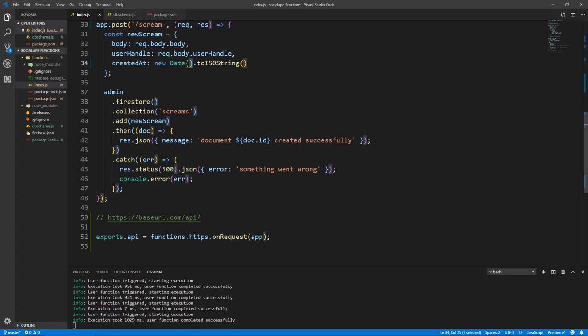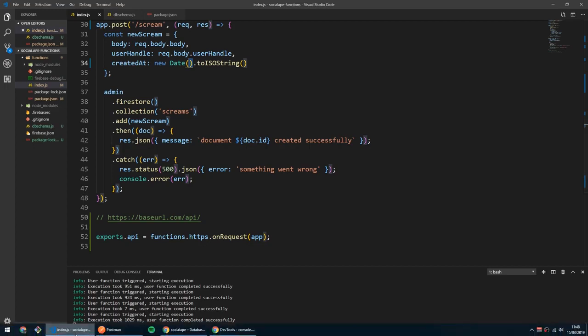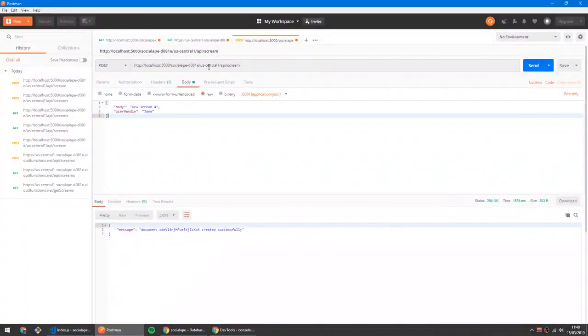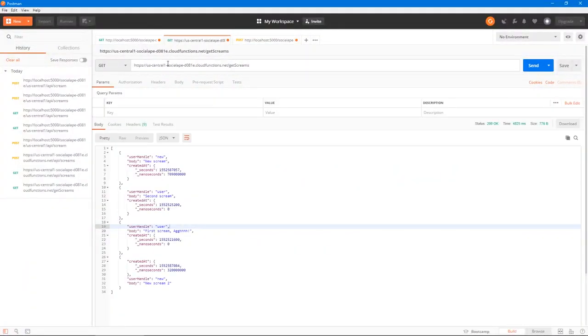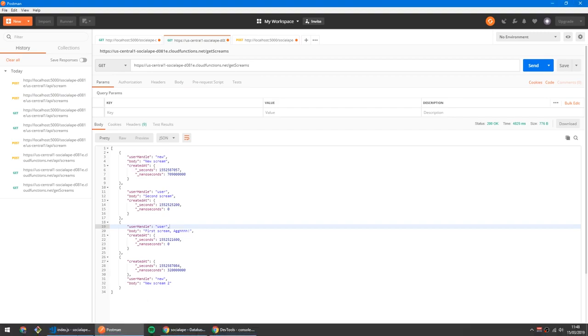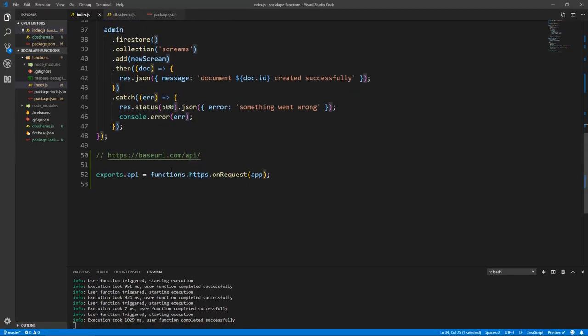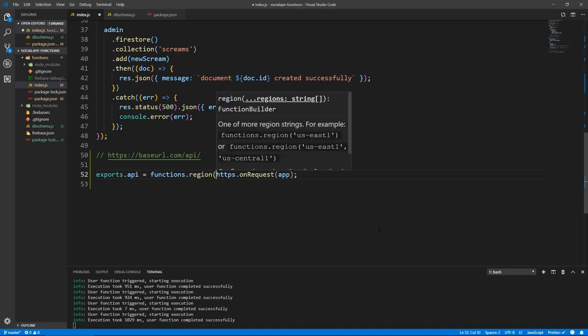Actually, one thing that I want to add, for those of you that are not in America and you're wondering why your functions are being deployed to, where is it, to US Central instead of Europe. By default, Firebase deploys to zone US Central 1. Now this is a bit of a problem because it's going to add like 300 to 400 milliseconds of latency on each request. Maybe it's not a problem right now in testing, but later in production, this is going to slow down your application. So if you are like me in Europe and you want to change the deployment region, you just chain after functions here, you chain the method region, and you specify the string, the name of the region. In my case, it's going to be